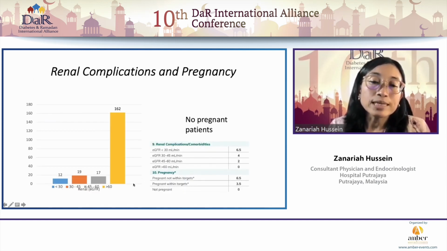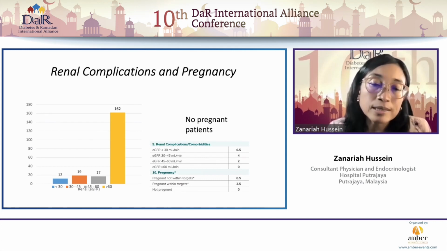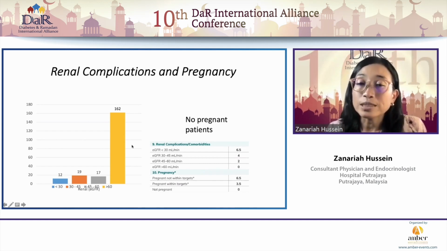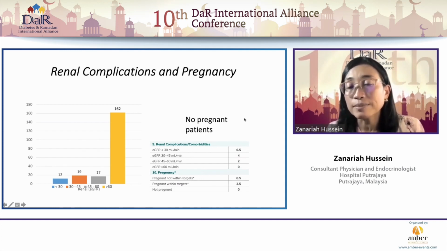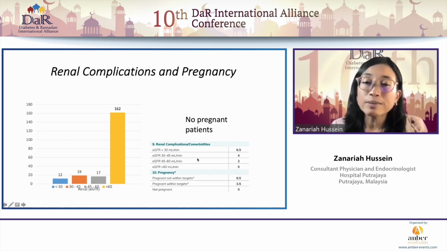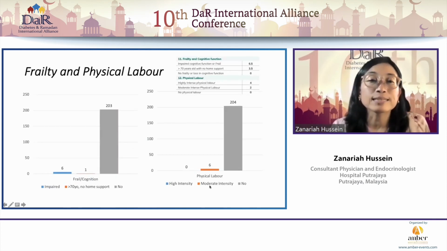In terms of renal complications, again, mainly in the main diabetes clinics, most of our patients had satisfactory renal function, and very, very few had more extremes of renal dysfunction, and no pregnant patients in this. We have a separate combined clinic to see diabetes and pregnant patients. So that may be an area where we should test the risk calculator. So a reminder again about how the different parameters, for example, renal complications and the stage of their diabetic kidney disease, or the absence or presence of pregnancy, will give weightage to the scoring in this new risk calculator.